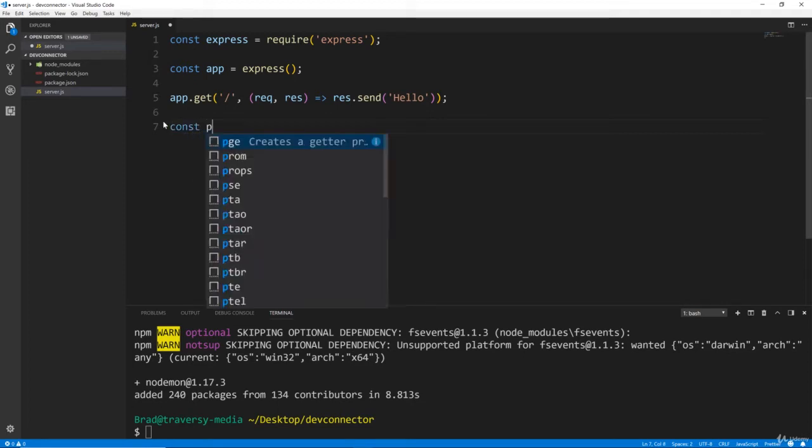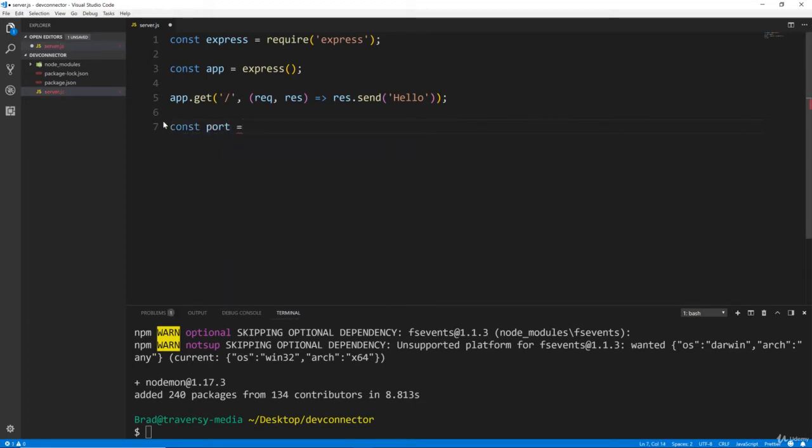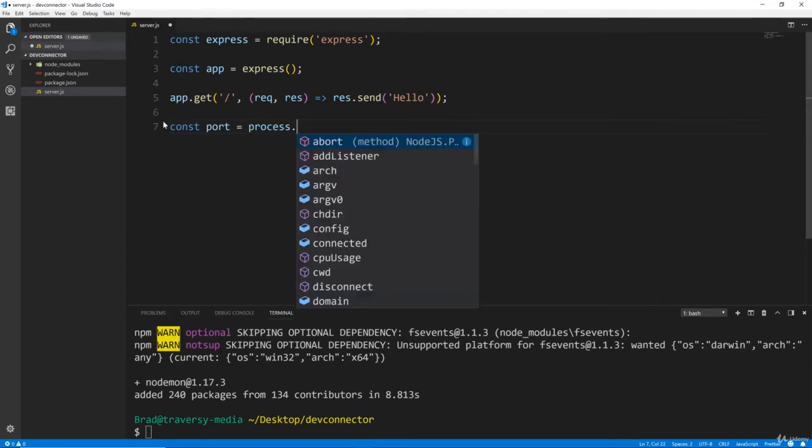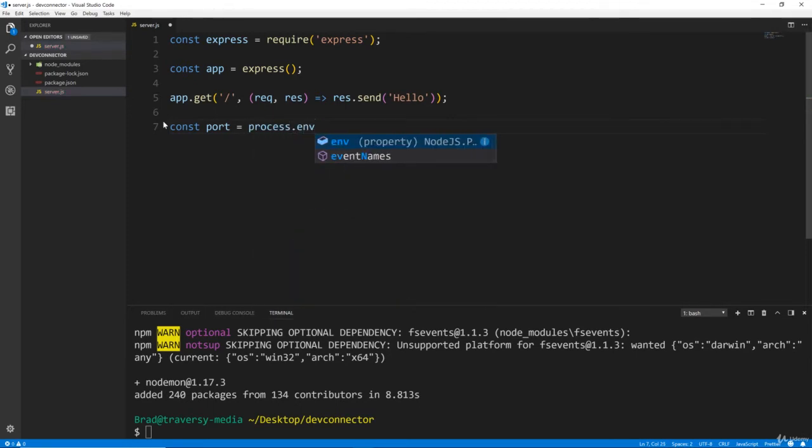I'm going to create a variable called port, and I want this to run on port 5000, but we will be deploying to Heroku, and when you deploy to Heroku, you want to set it to process.env.PORT, or locally we want to run it on port 5000. Okay, we might as well just get that out of the way now,